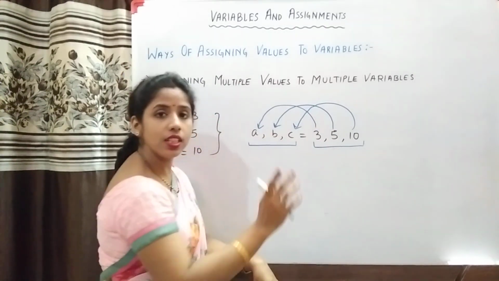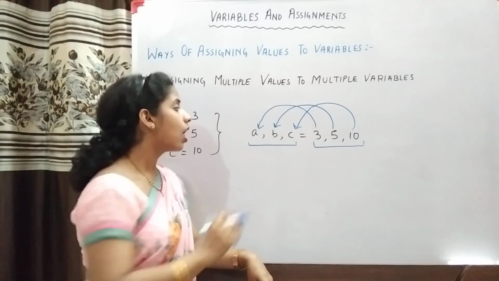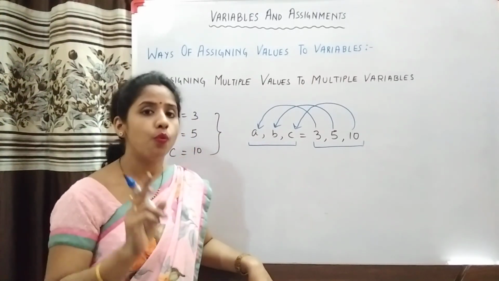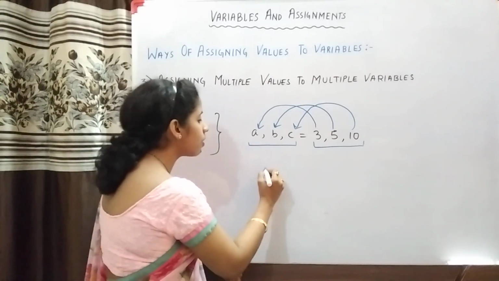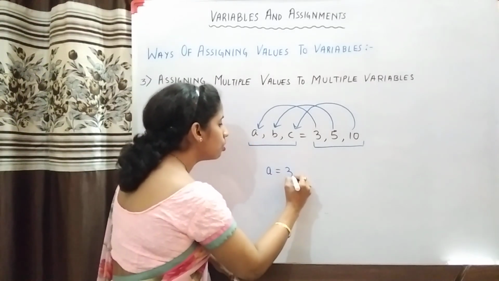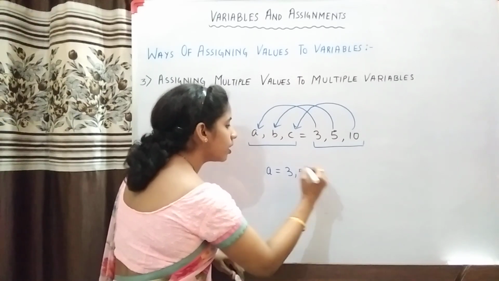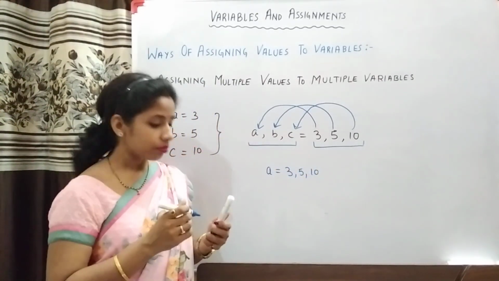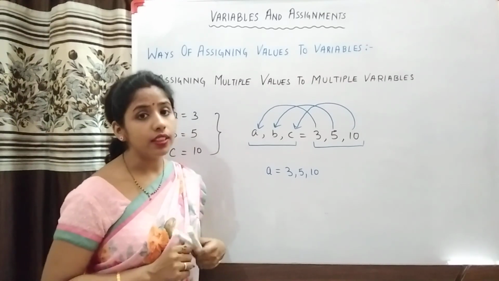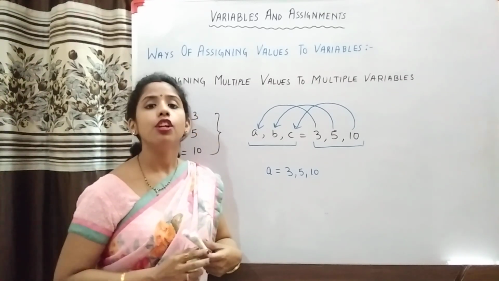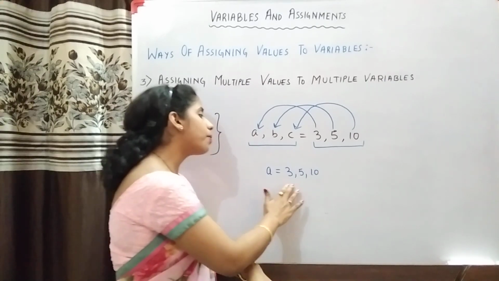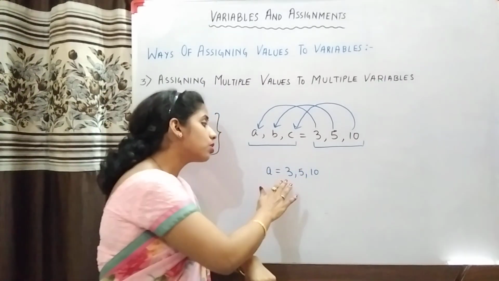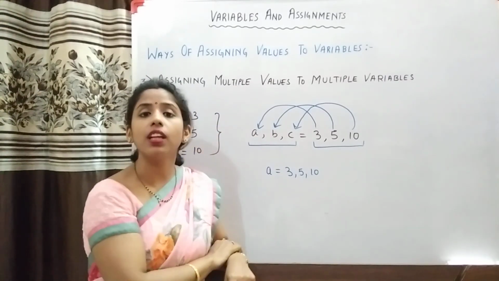आप कम वैल्यूज नहीं दे सकते, यू विल बी गिवन एरर. आप कम वेरिएबल्स नहीं लिख सकते, यू विल बी गिवन एरर. बट येस, वन थिंग इज पॉसिबल, दैट इफ आई सिंपली राइट a इज इक्वल टू 3, 5, 10, तो यहाँ देखिए एक ही वेरिएबल है लेकिन 3 वैल्यूज हैं. सिस्टम को यहाँ एरर देना चाहिए लेकिन वो आपको एरर नहीं देता, क्योंकि जब भी आप कॉमा सेपरेटेड वैल्यूज लिखते हैं तो पाइथन उन कॉमा सेपरेटेड वैल्यूज को एक टपल मान लेता है.